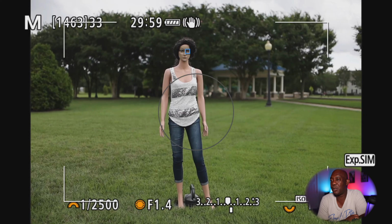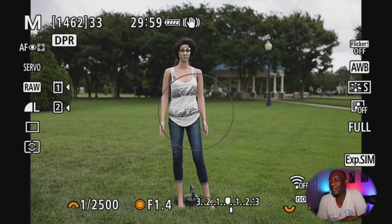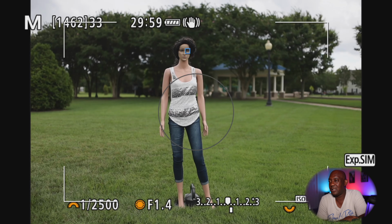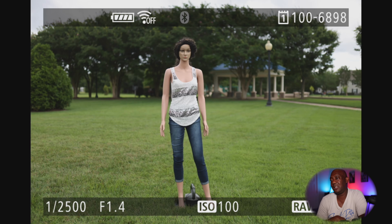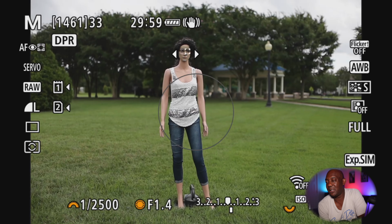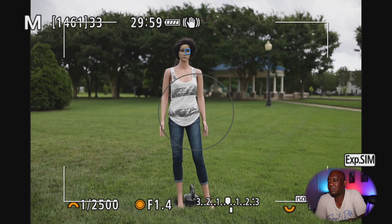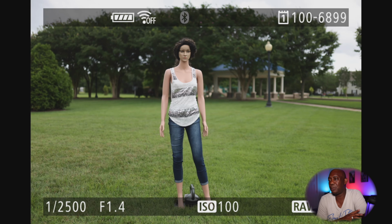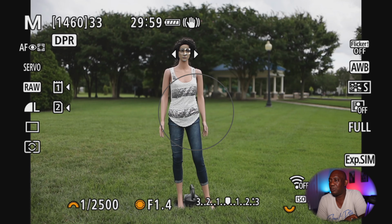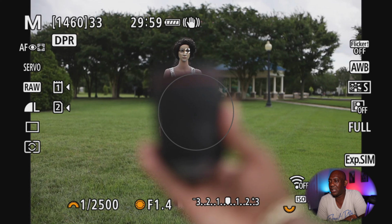So here we are. I'm using the CineEye to record my EVF, and I believe that this is the Sigma lens, and I am just seeing how well it sticks to the eye. I'm taking a few pictures, but now I'm gonna really jump into it and see how it does on face focus. As you can see, I'm holding the RF